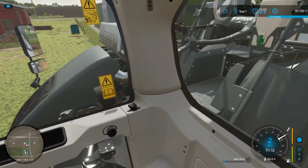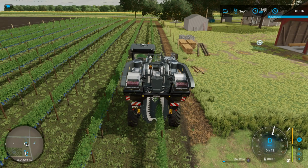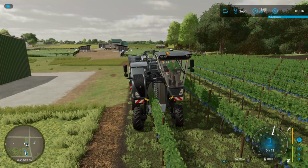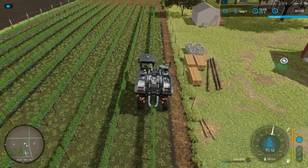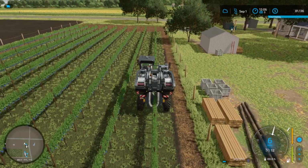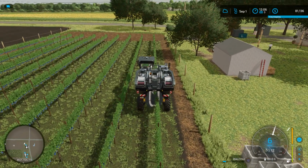Well, we're going really slow, so I think I'm already hung up on something. Oh yeah, I'm way off already. Right, we're going to stick to this view just now. It's going to be much easier to get this done in at least a decent kind of time frame. Right, we'll crack on, do a little bit of a time lapse and get this done, and then go over